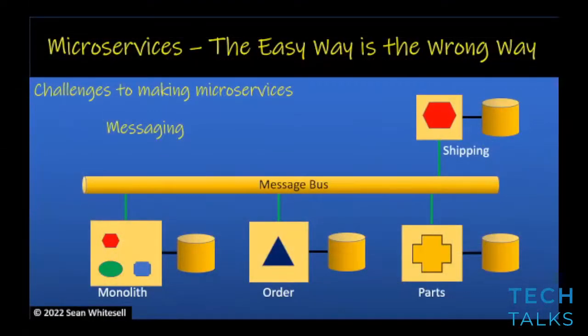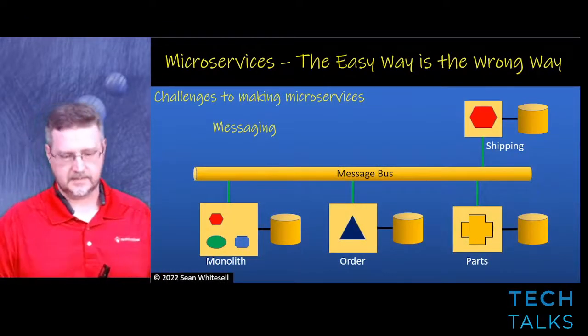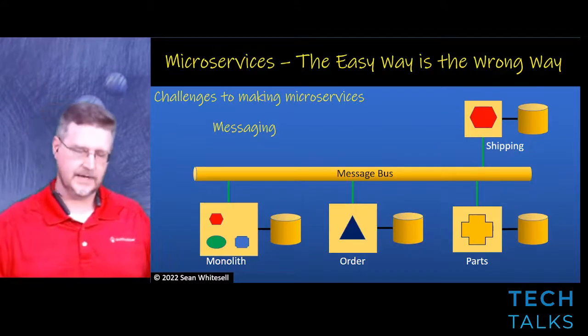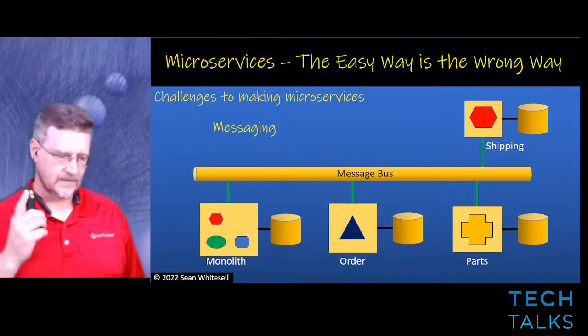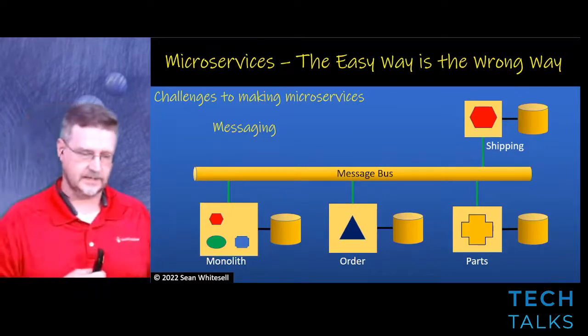So now imagine, if you will, we've got an administrator using the website, referring to the monolith application, and the administrator updates and adds a part. Well, then that message is going to go to the parts microservice, and nobody else needs to know about this. So it goes to the parts microservice, and it adds that part information and all the details to that database.